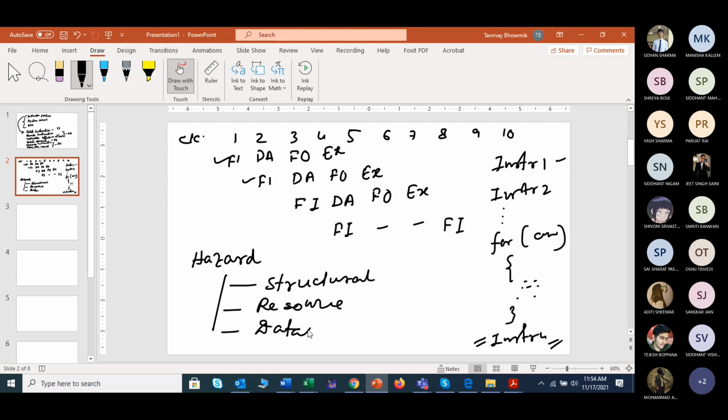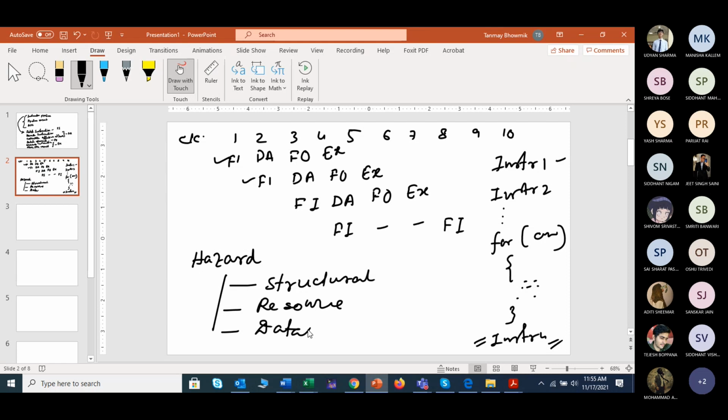Just think about what is happening: you are using one pipeline system and suddenly your system observes that the operand to be used by the next instruction is already under use. Just like you have opened an Excel file, or any kind of Word file or PPT file, and at the same time you are trying to delete this file. So the information we will get is that your file is currently in use, right?